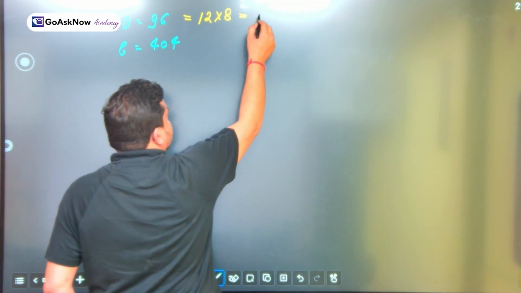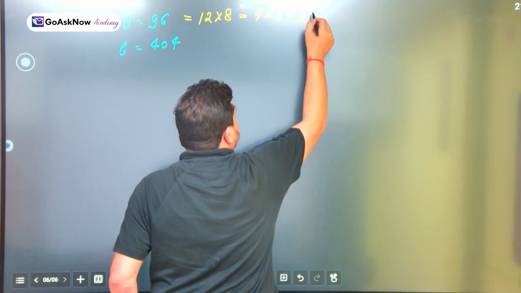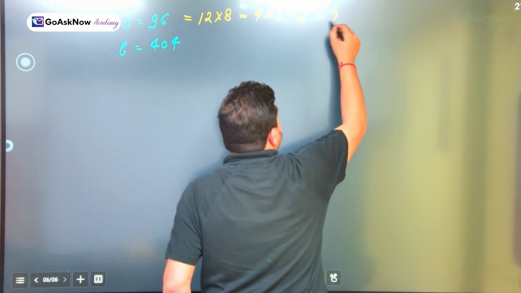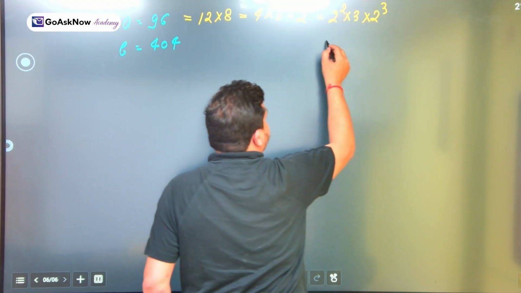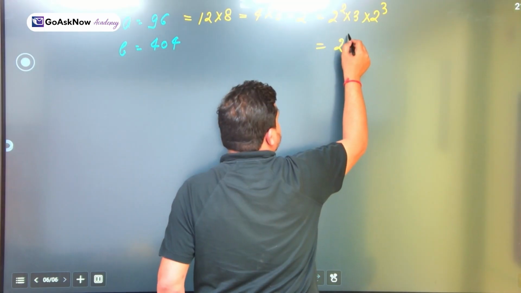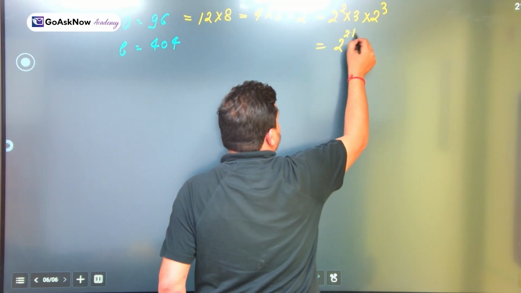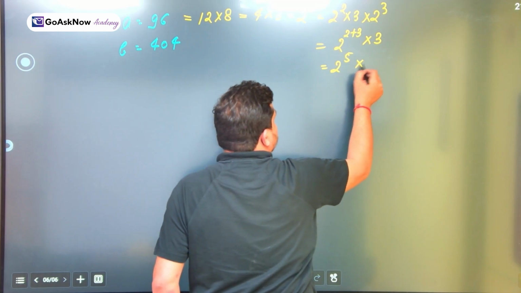Now 12 we know is 4 cross 3, and 8 is 2 to the power 3. And this is equal to 2 square into 3 into 2 cube, and the powers add: 2 to the power 2 plus 3 into 3, that is 2 to the power 5 into 3,